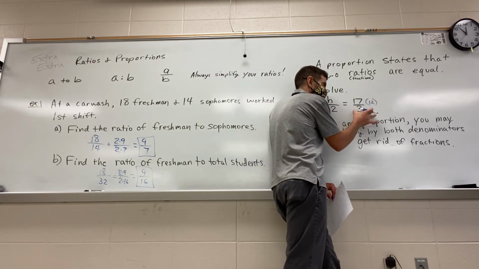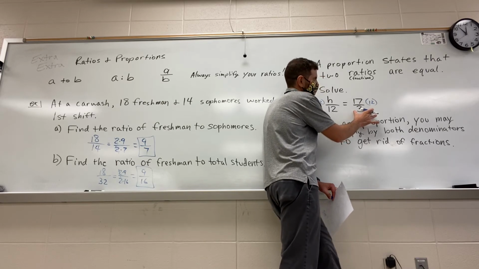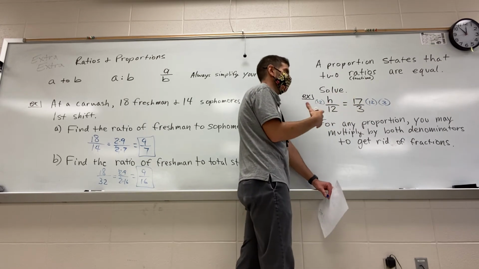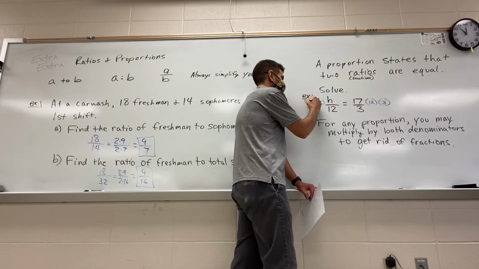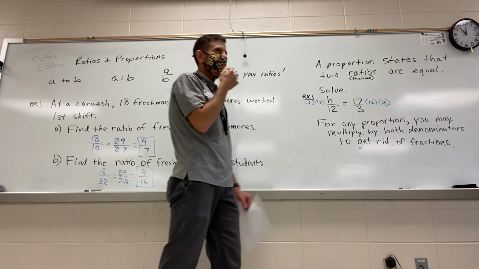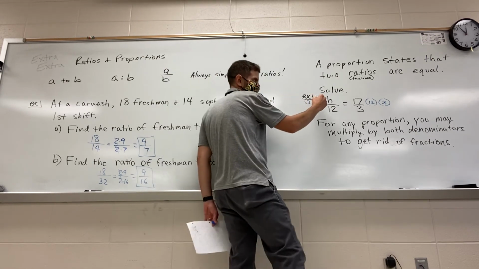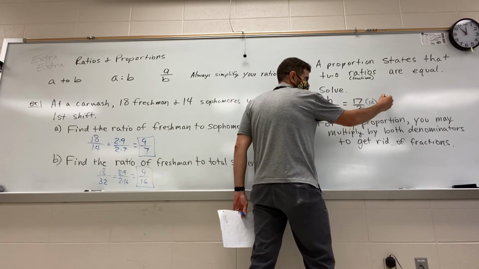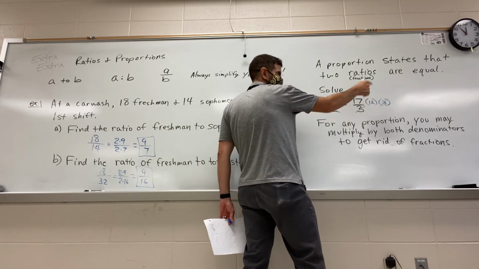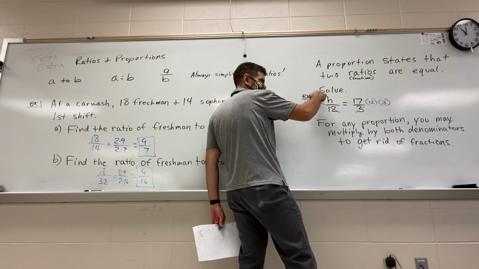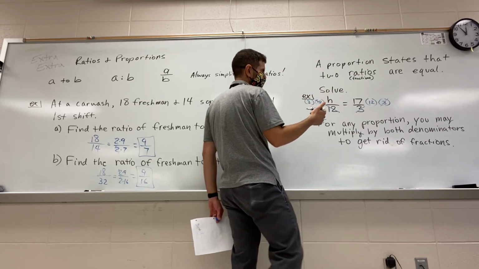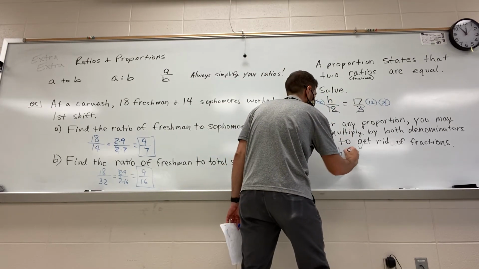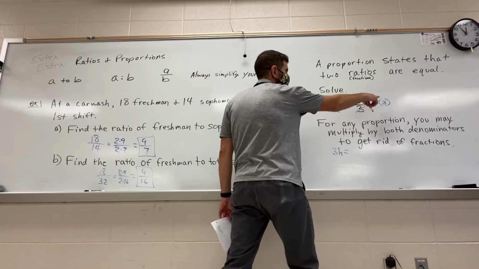So how do I undo this division by 3? Multiply by 3. But what do I do to keep it balanced? We'll throw it back to the other side. So what happens is, watch this, do you agree that the denominators will go away? Because 3 goes into 3 one time, 1 times 12 is 12. 12 goes into 12 one time, 1 times 3 is 3. So they go away. And in this example, we're left with 3h is equal to